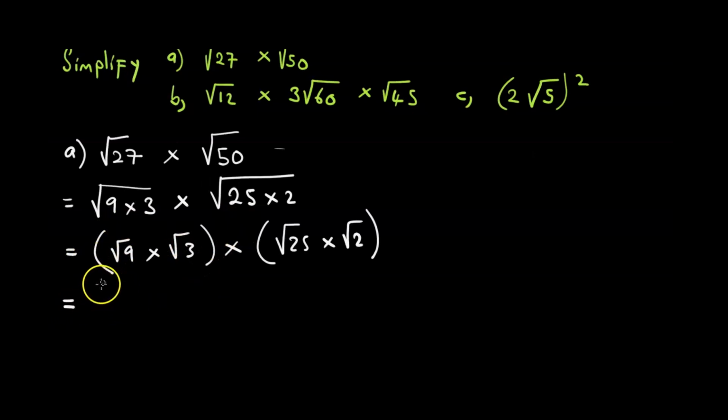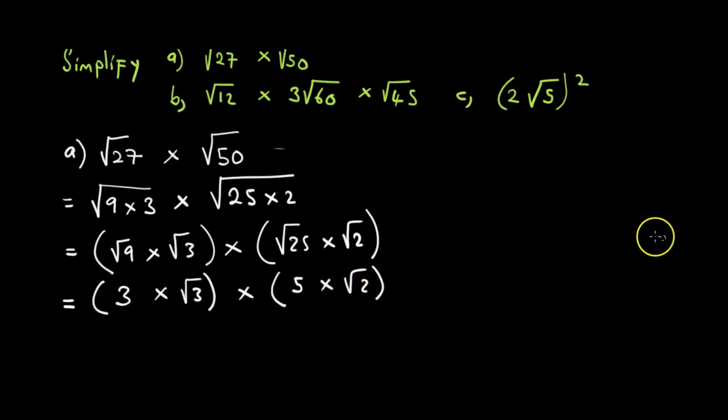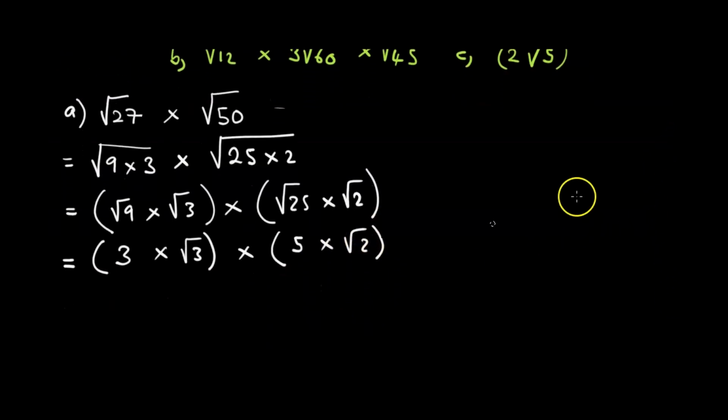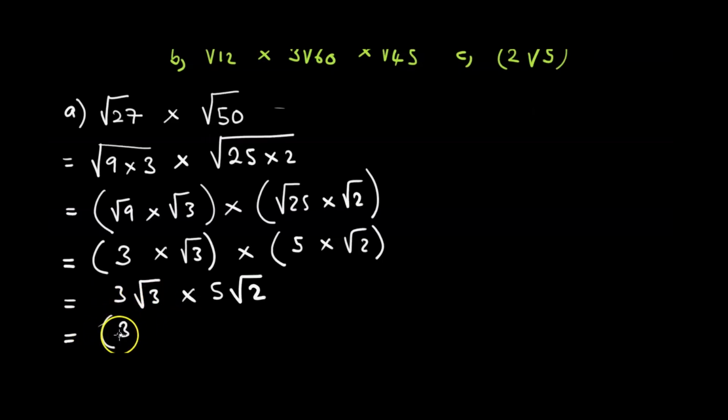Tadaro manje takuya panapa takuti isusu the square root of 9 is 3. Saka it's now 3 times the square root of 3 multiplying the square root of 25 is 5. So it's 5 times the square root of 2. Ino iyi kana takuita simplify further inenge yava chi 3 root 3 multiplying 5 root 2 like this. Then sezvataurwa nebhuku redu, kana tasvika apa zvifangokutinetsa, what we do is we multiply numbers on their own. Saka tinotora manumber zvaari, it's 3 times 5